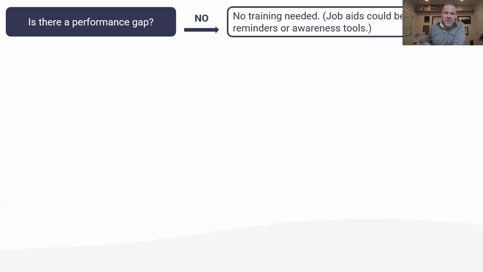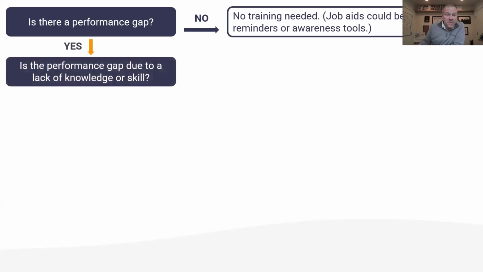So, is there a performance gap? If the answer is no, then the fact is that there's no training that's needed. Job aids could be helpful as reminders or awareness tools. So that's one thing to think about. But if the answer is yes,